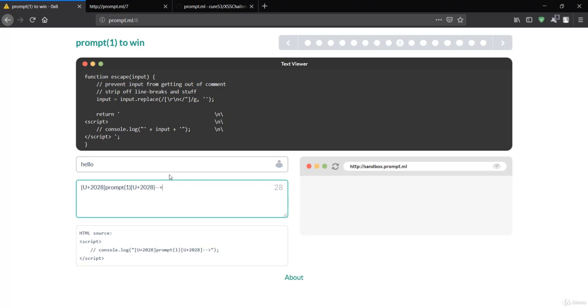If I hit enter now, it is not working. Maybe we have made, okay, let me see, it is in the console log. Let me make this an alert and let's see what happens. It is not working. Let me put this here and let's see, and again it is not working.